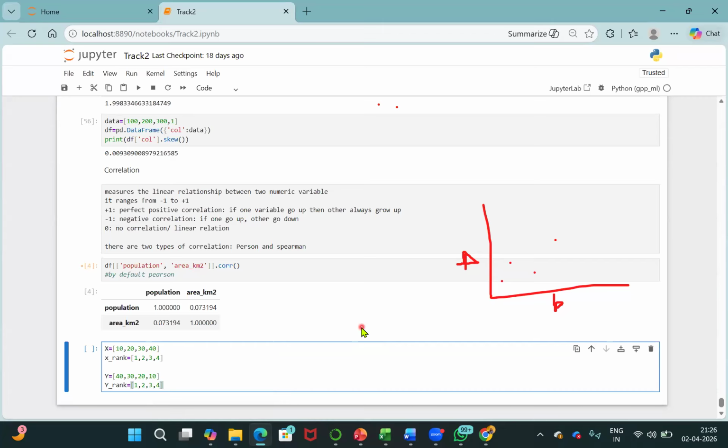So that's why Spearman doesn't care about the kind of values you have. It only cares about the numbering, the ranking that is being followed. Based on the ranking, it will take the values and then calculate. So to calculate the Pearson,